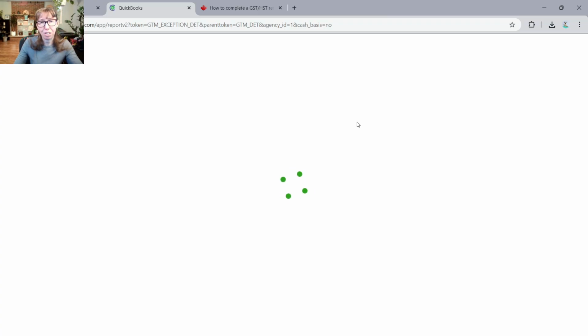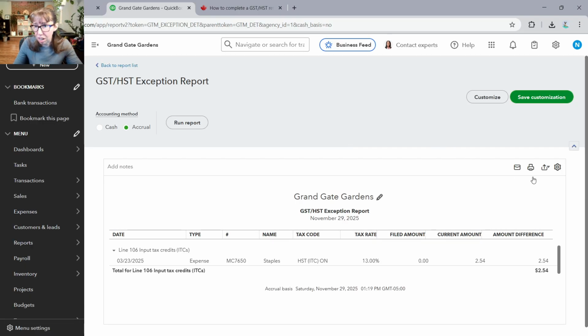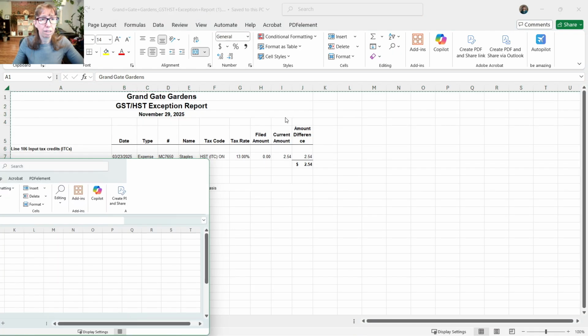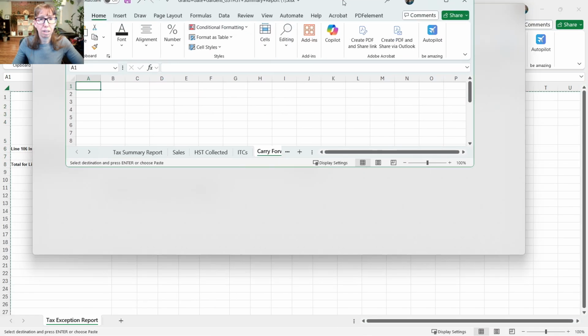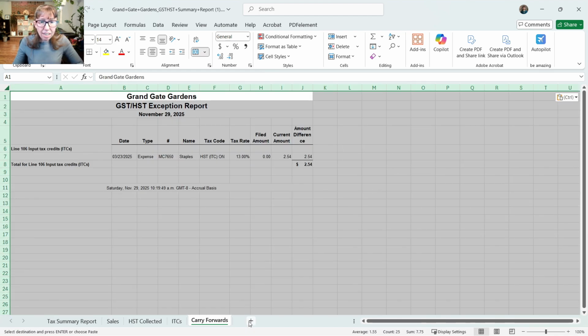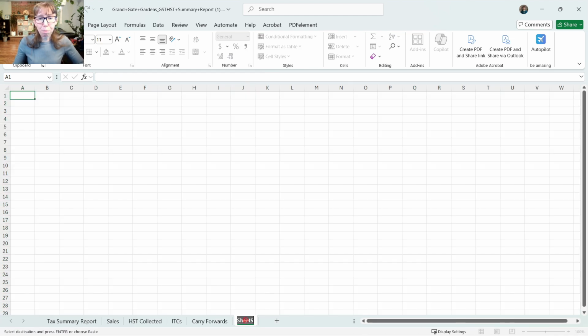I had to refresh because sometimes the export doesn't work on the exceptions report the first time you click it. I don't know why. It's a QBO thing. So let's try it again. Export to Excel. There it is. And we'll cut and paste that one. We'll paste that here. And that's usually all I need to do, but because we have that bad debt adjustment,